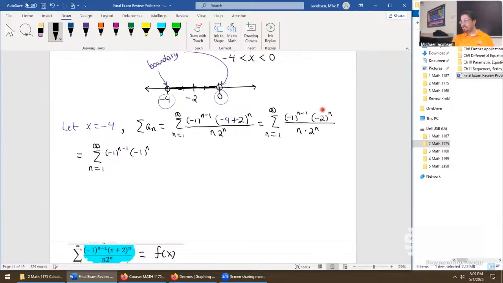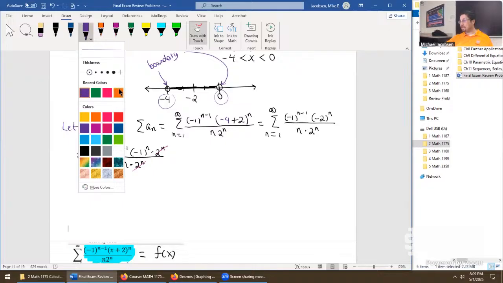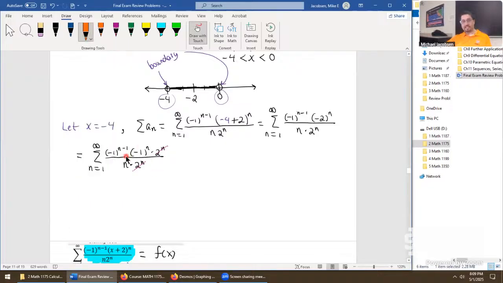So we can rewrite it as (-1) to the power of n times 2 to the power of n, divided by n times 2 to the power of n. This is where the cancellation actually occurs, 2 to the power of n, but it leaves behind two alternating terms. That's kind of annoying in a way. Let's be really, really careful with this. This is more confusing than a real exam question could be, but it's still a good concept.